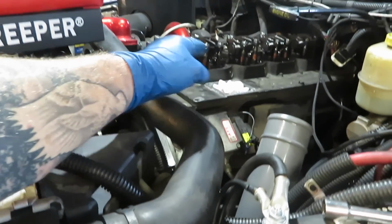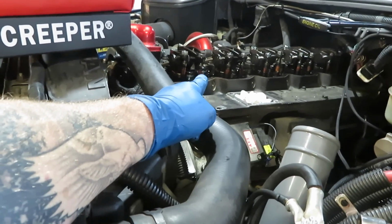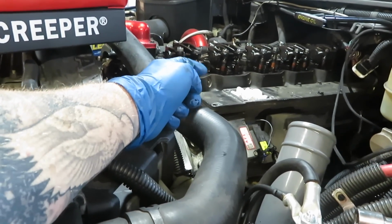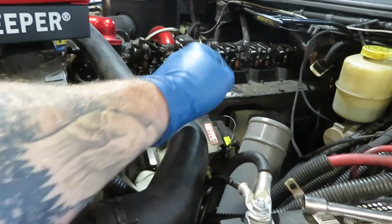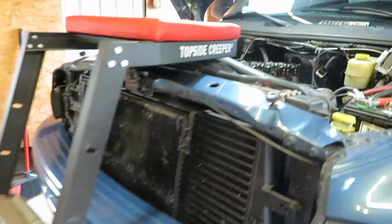this is just the way I do it. I don't have one of those fancy removal tools. I just am very careful and use a screwdriver and pry each one of the fuel delivery tubes out. I do have new O-rings for those that will be put on also, and then also for the